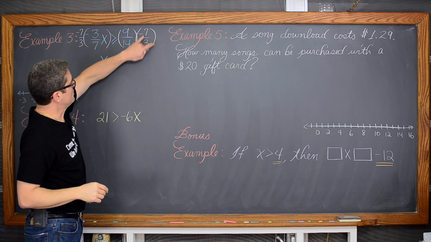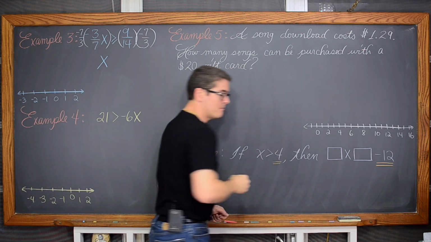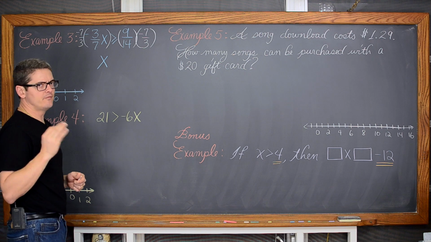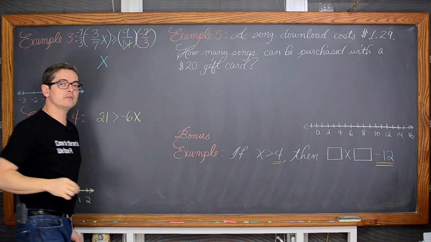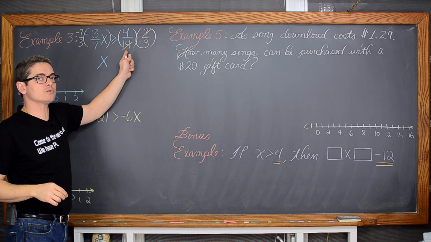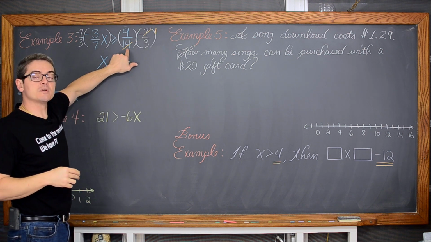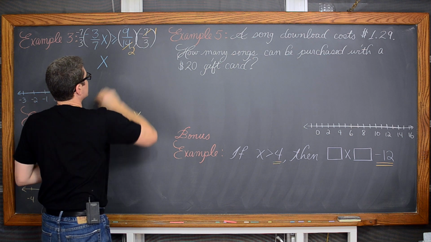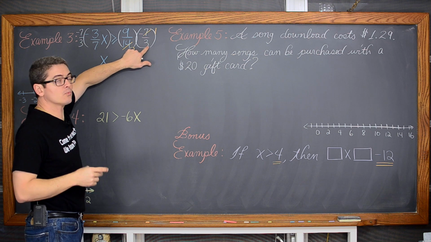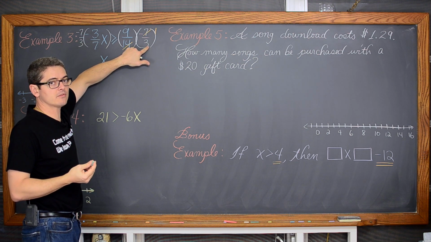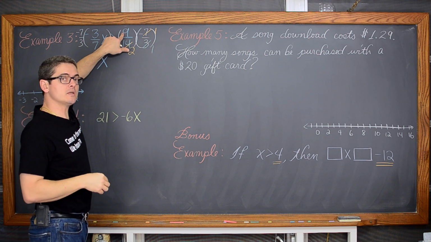Now over here, you have some cancellation that you really should do ahead of time if you're doing your math without the aid of a calculator. Very, very strong suggestion for you to do that. Both 7 and 14 have a common factor of 7. So 7 divided by 7 is equal to 1, and 14 divided by 7 is equal to 2. So we have some cancellation going on there. And then 9 and 3 also have some common factors. They're both divisible by 3. So 3 divided by 3 is equal to 1, and 9 divided by 3 is equal to 3.